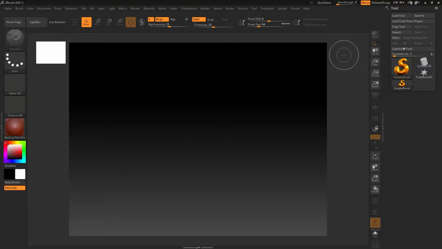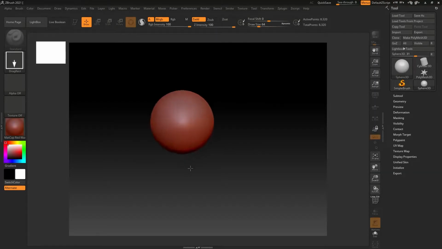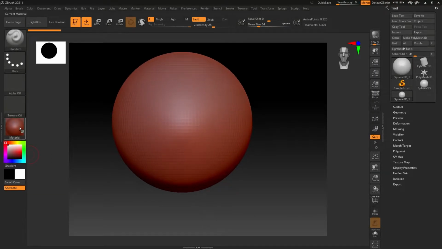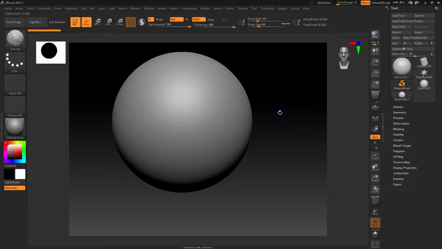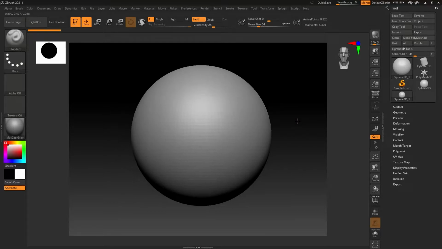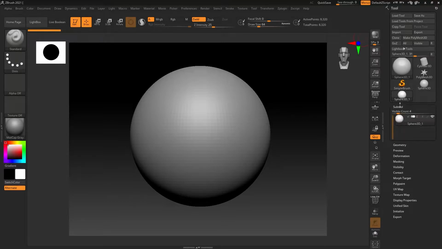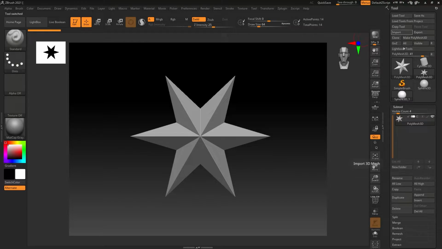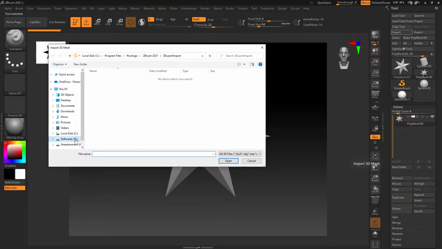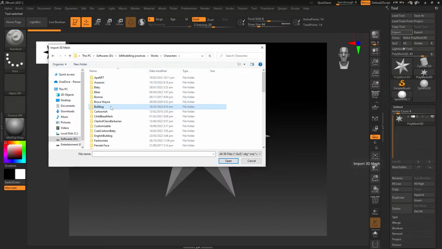Starting with Zbrush, we are going to go into the tool settings and just drag out a sphere, press the T key to make it editable. Position that in the center and go into the subtools. With this subtool selected, we are going to hit import. It's gonna make that sphere into a star, which is also just kind of telling you that yeah, it's importing something